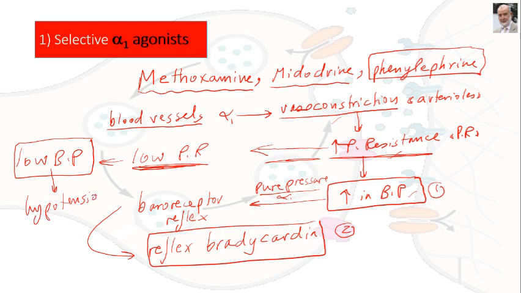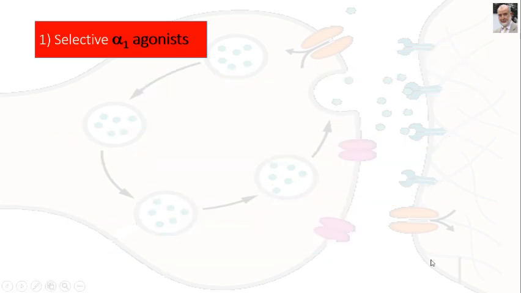So these drugs are used in cases of hypotension. Okay? Now, how are they used in hypotension? We said that alpha-1 agonists will result in an increase in peripheral resistance, which will result in an increase of blood pressure,